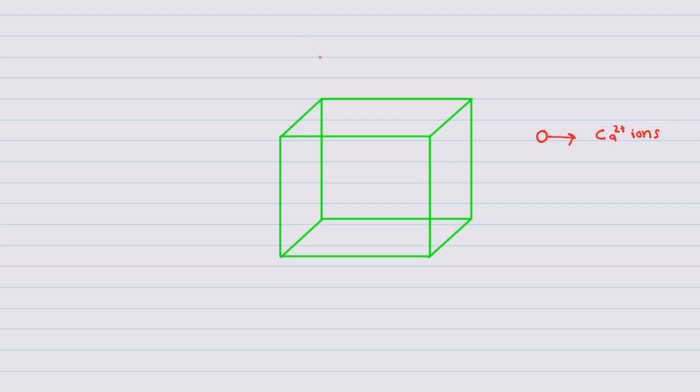So if this is a cubic unit cell and we have this red circle indicates the calcium ions, so these calcium ions will occupy the FCC positions, that are 8 corners are occupied by these calcium ions. So all of the 8 corners occupied by these calcium ions, and we have atom at the center of each face. So you can see we have atom at the center of each face.